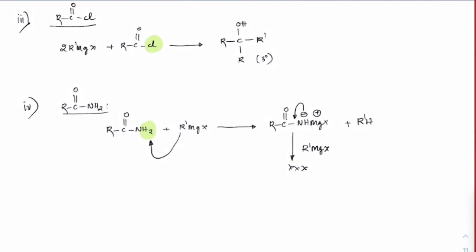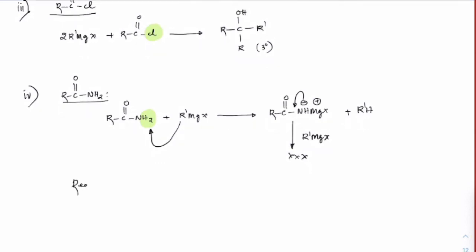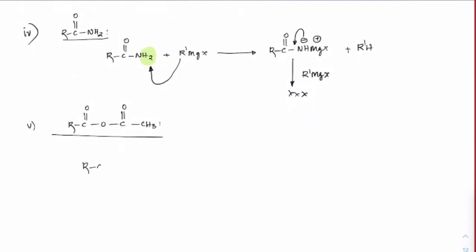I guess you understood that. If you see the reactivity now, if we check out the reactivity of it, I haven't done anhydride, sorry, let me put anhydride also. Fifth one, R C double bond O C double bond O CH3. So in this case, if you check out R C double bond O C double bond O CH3 plus